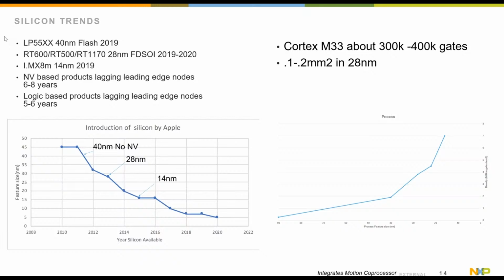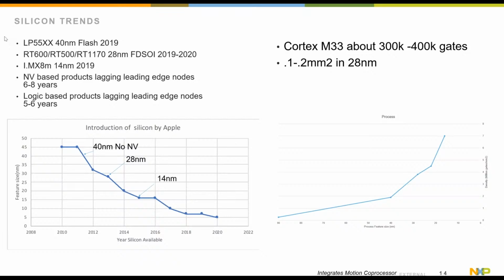The general market is something you have to take into account when looking at what you can use in products. So today, we are offering 20 nanometer devices and also 14 nanometer devices. And what does that mean? We talk about how we're going to get 4 nanometer or 1 nanometer one day. I think the idea is it allows us to put a lot more things into a product than were available before.